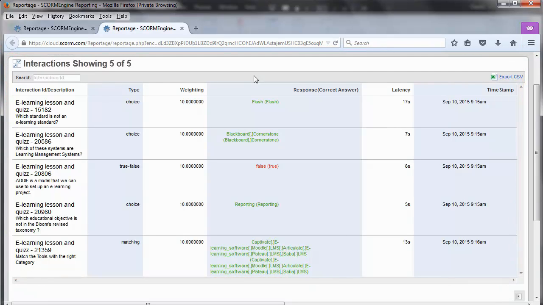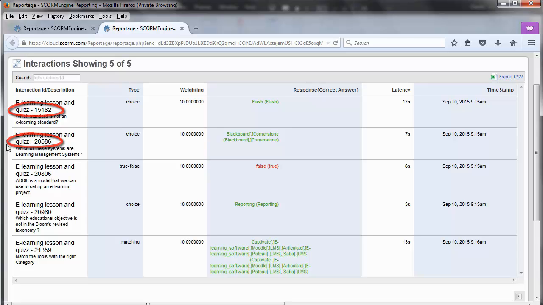Now, a last point I want to show you is a number that appears next to each question. What does it mean and where does it come from? These numbers are the question's ID. An ID identifies each question and comes from Captivate.